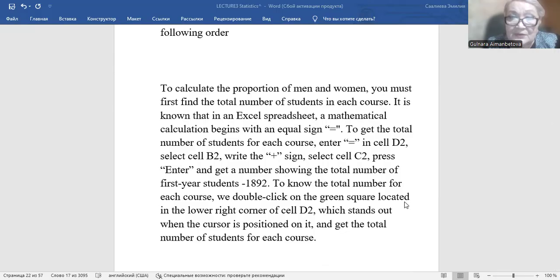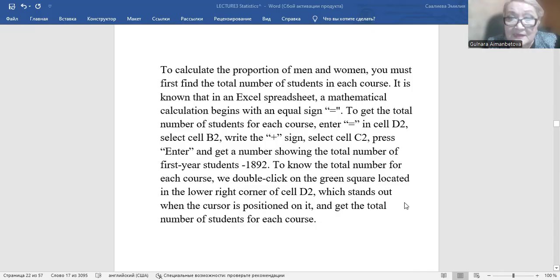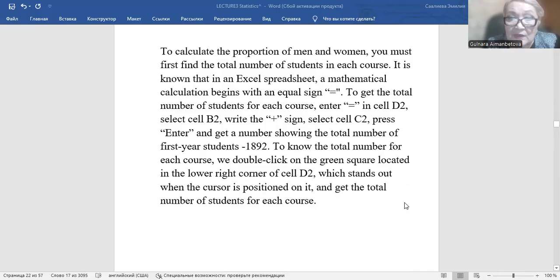To get the total number of students for each course, enter equal in cell D2, select cell B2, write plus sign, select cell C2, press enter, and get the number showing the total number of first year students,